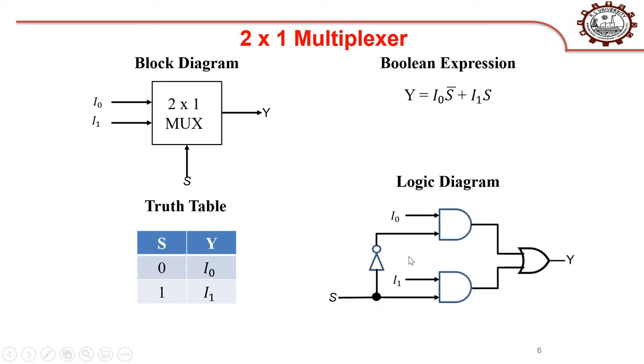That is the expression. The logic diagram is this, because once you have the expression, you can construct the logic diagram. So I0 into S bar: I0 is connected to an AND gate, and S bar comes through a NOT gate and is connected to the AND gate. The output of this AND gate is I0 into S bar. Another AND gate consists of I1 into S; I1 is the separate input and the selection line S is connected. Based on the selection line, that particular AND gate will be activated and projected at the OR gate, because the relation between these two product terms is plus, that is, sum of product form.